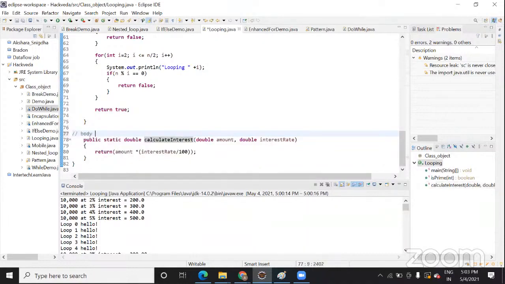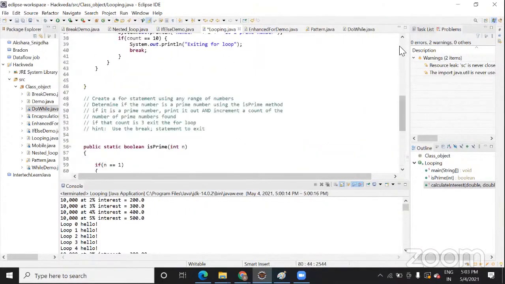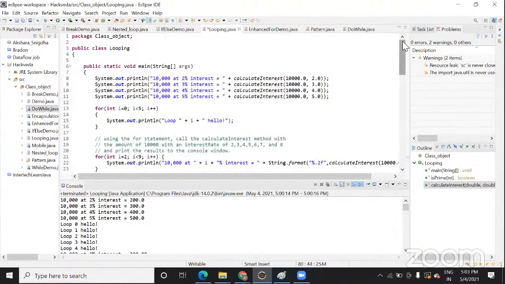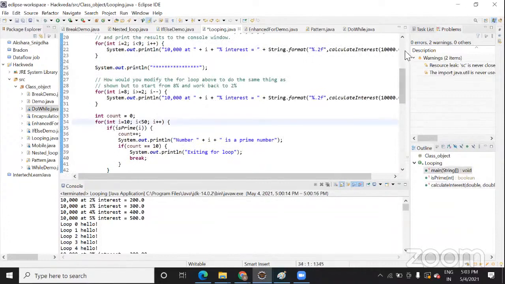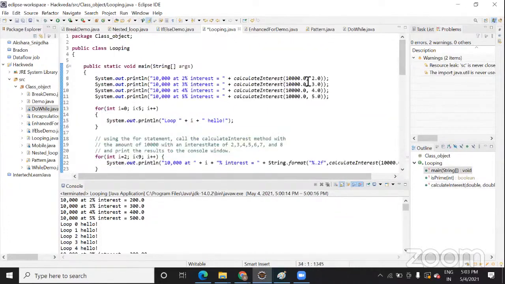So you are entering a double amount and you have entered 10,000.0. If we pass 10,000 and don't pass that point zero, you can pass that as double. They are used for double decimal data, so you can work with that data. You can initialize with not only zero, you can give a value like this also. Just try it so that you will get an idea how the values are changing.